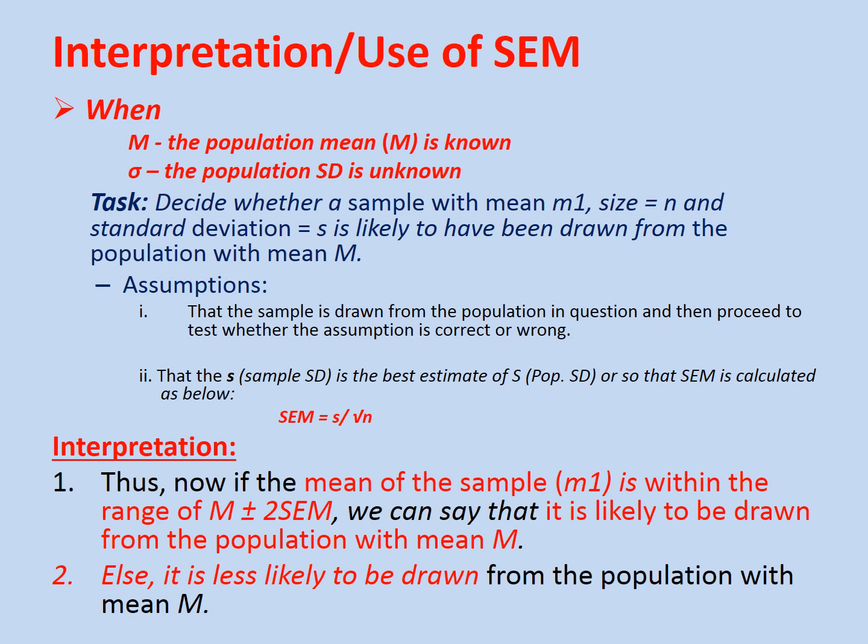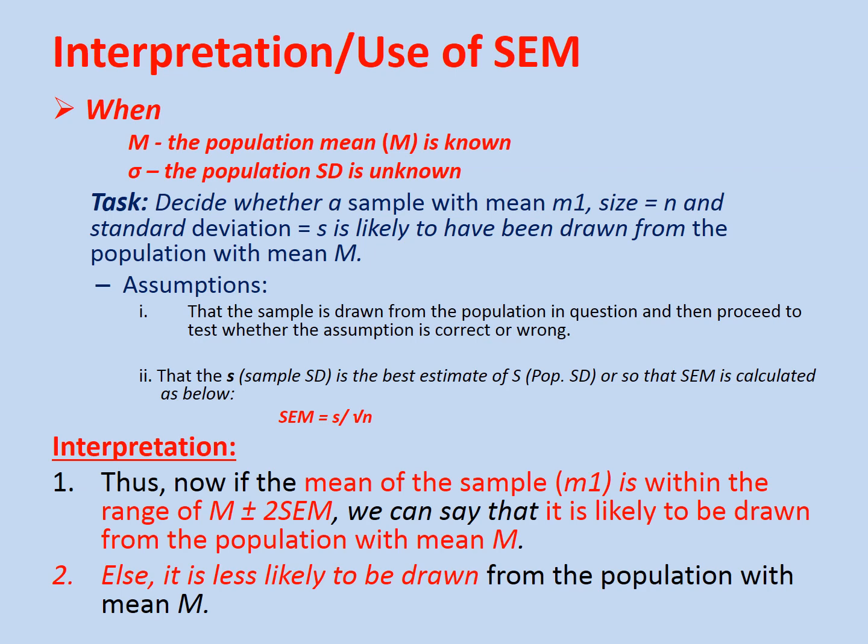So in that case, suppose we already know the average hemoglobin levels of all 5000 women in Loni town. In that case we know the population mean, but we don't know the population standard deviation, meaning we don't know the standard deviation of the hemoglobin levels of the 5000 women. So this is the first situation. And the second situation will be when you don't know the hemoglobin levels as well as standard deviation of the whole 5000 women or the whole population. That is the second situation that will be explained in an upcoming slide.